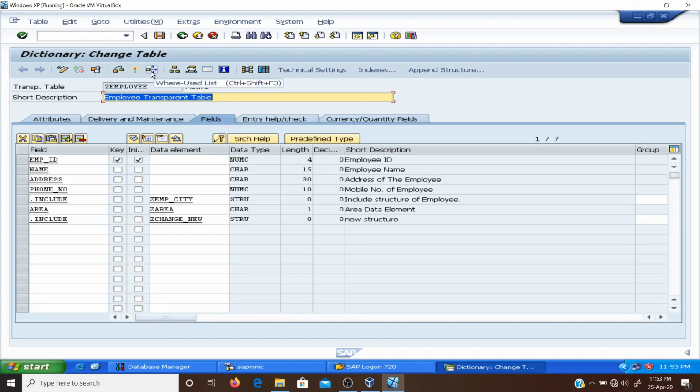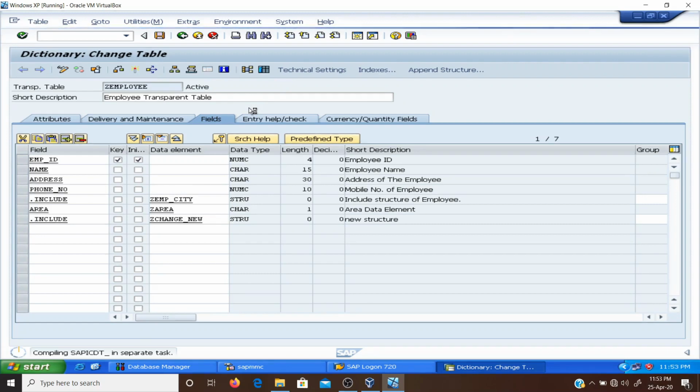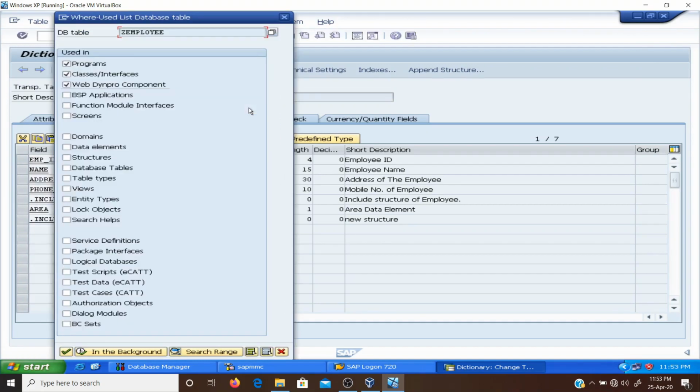of where use list. Either you can click directly on this symbol or you can use the shortcut key Ctrl Shift plus F3. Now when I click on it, it will open a new window in which you can see or define the object that you want to find in the SAP system.